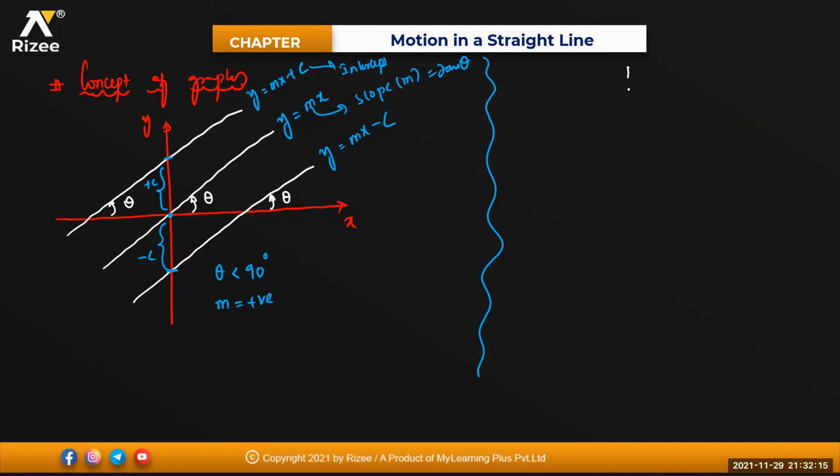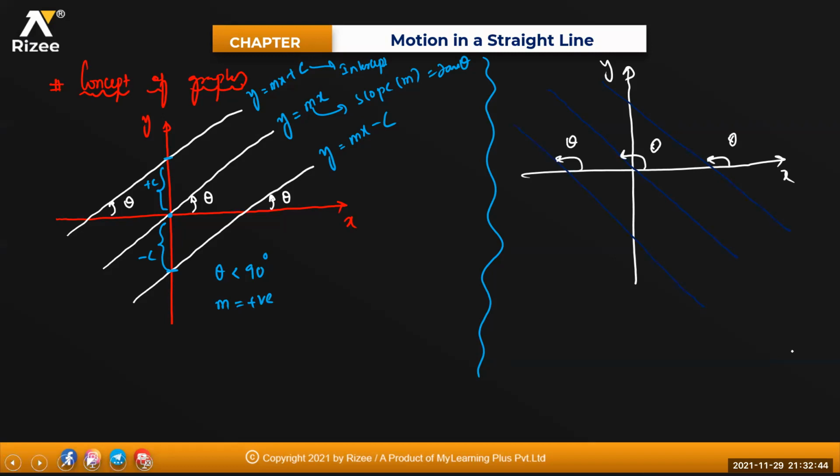Sure. The same way. This is your x-axis, this is your y-axis. Now if I'm breaking the graph like this, one graph is passing through the origin like this, another graph is going like this, and another graph is going like this. Okay, here this angle is right now theta. Here also it is making an angle of theta. This angle is also making an angle theta. So here theta is greater than 90 degrees. So obviously slope will always be negative.